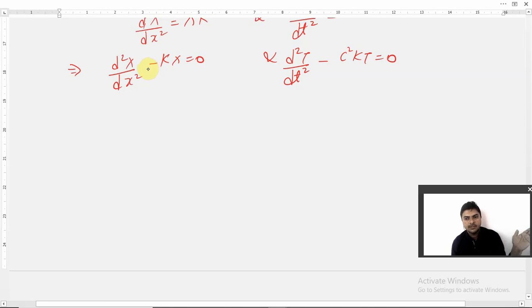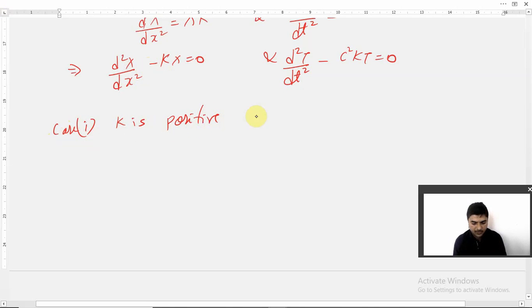So when the wave is according to the direction, it will be positive. If this wave is opposite to the direction, the K is negative, and if there is no wave in the string, then it will be 0. So these three cases arise in this equation. So I will take the case 1. Case 1, K is